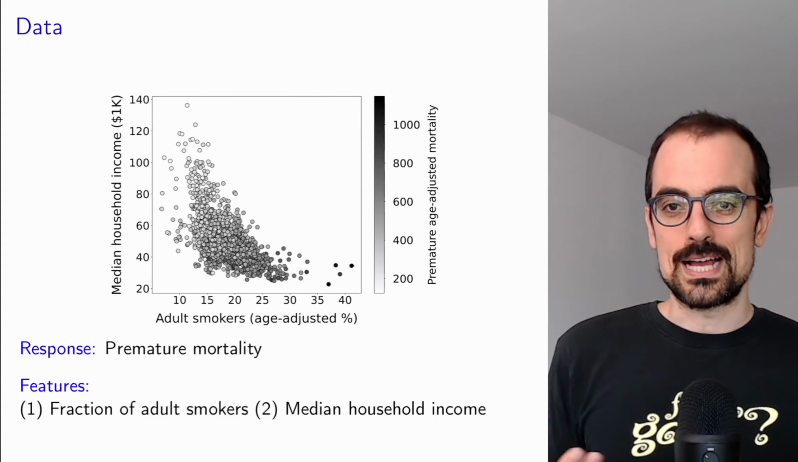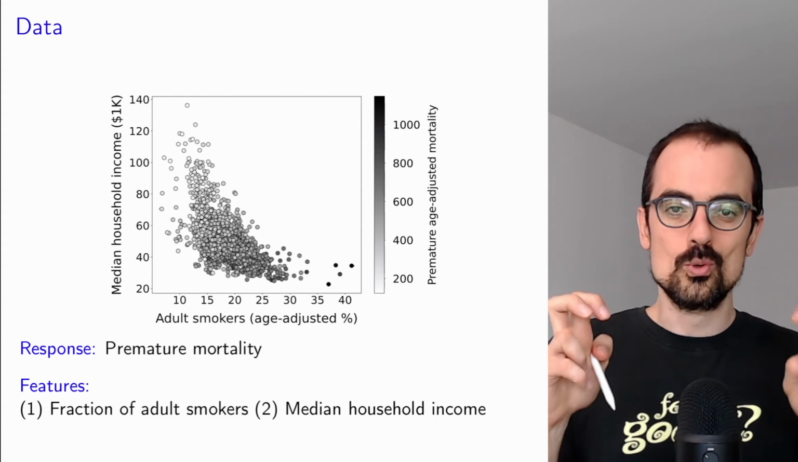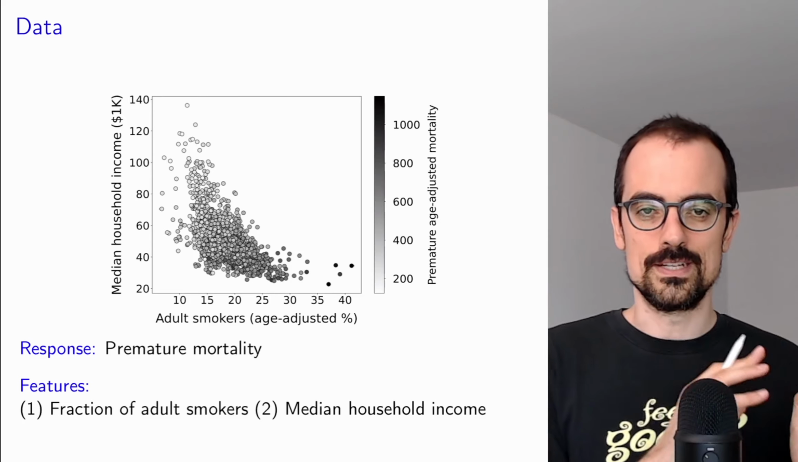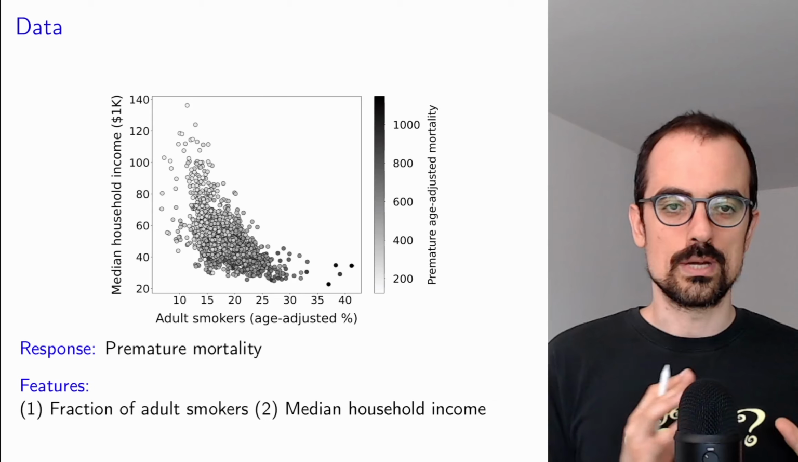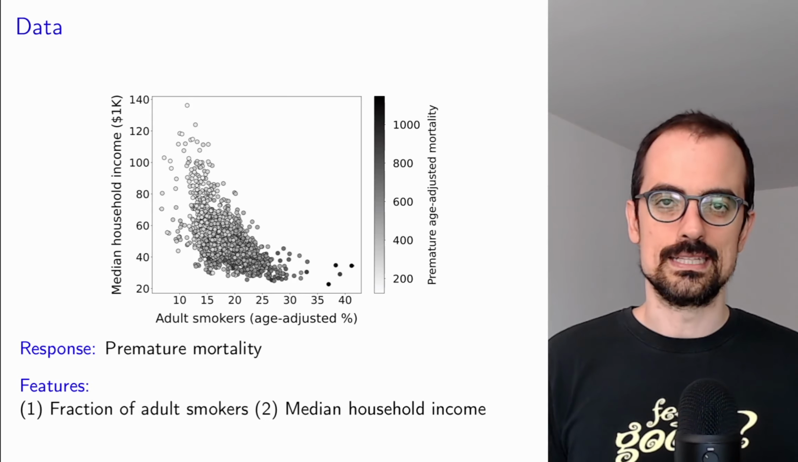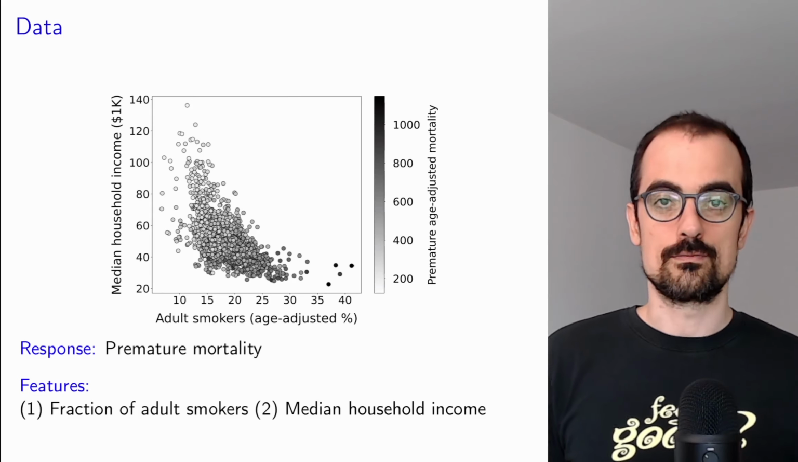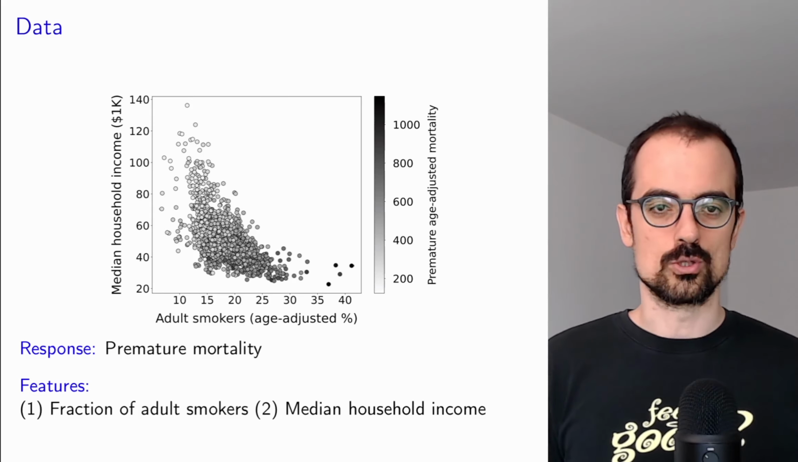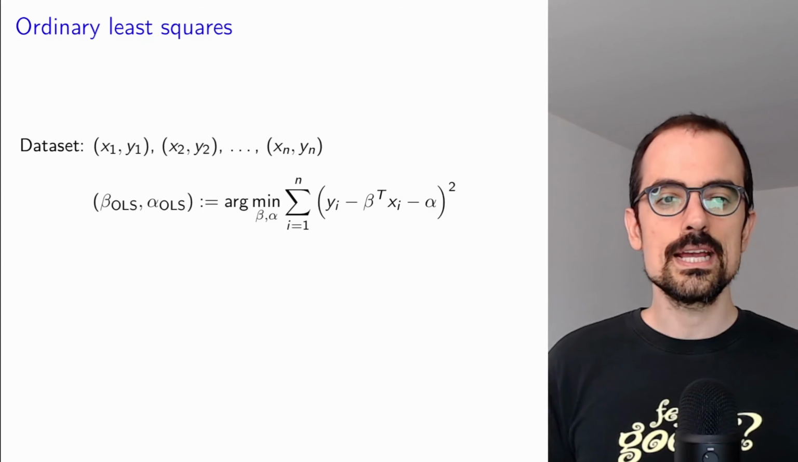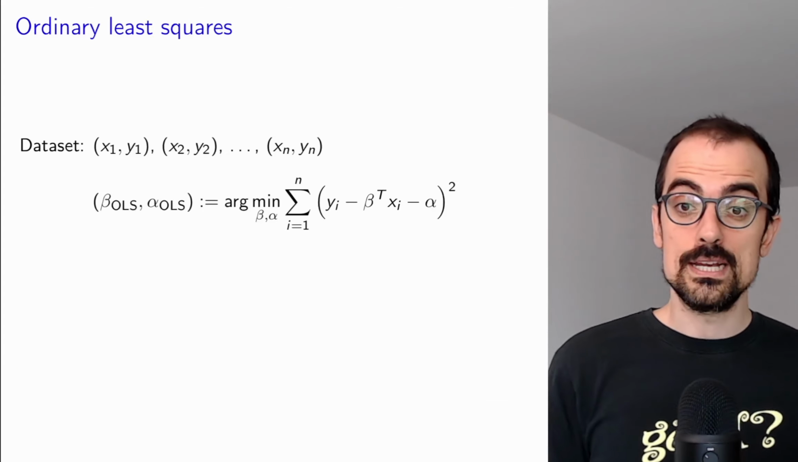But in general, we have data, right? We don't have the true statistics between the features and the response. So what do we do when we have a data set like the one I described before, where we want to estimate premature mortality from the fraction of adult smokers and median household income? Well, in that case, we apply ordinary least squares,